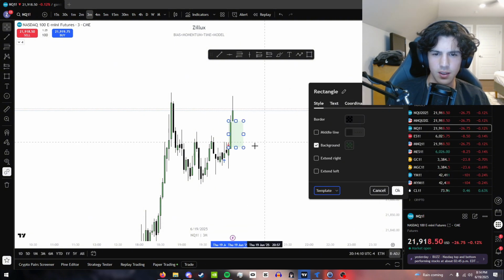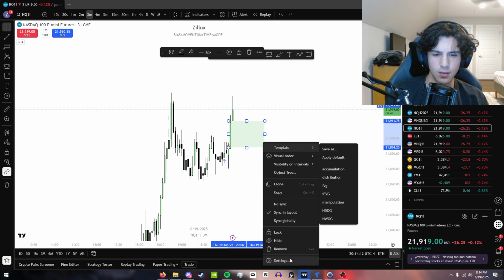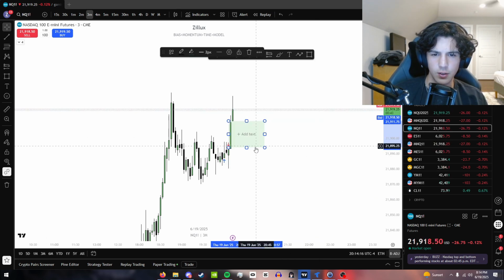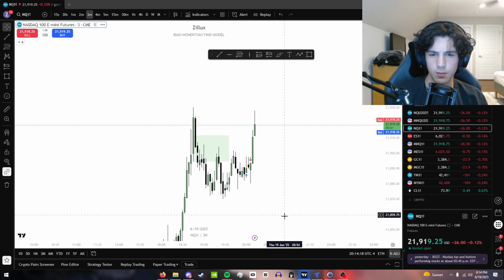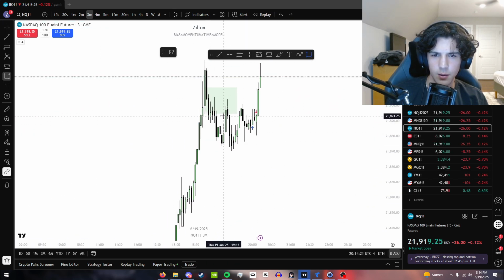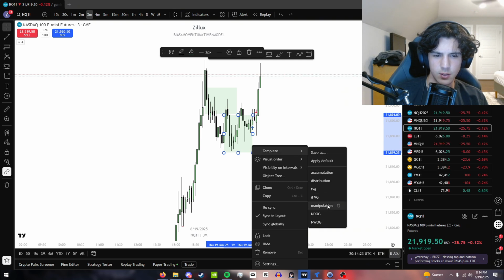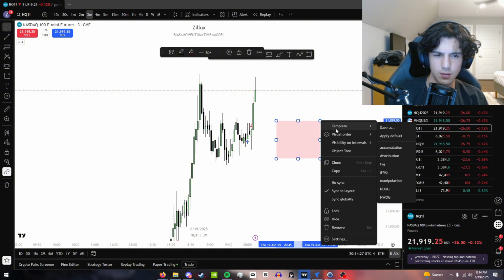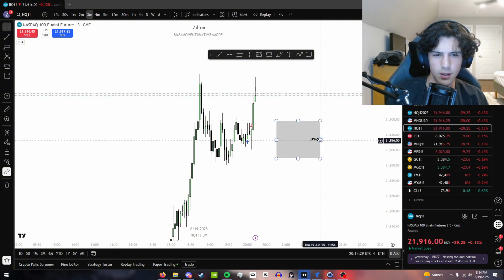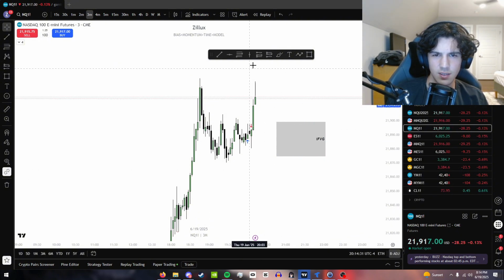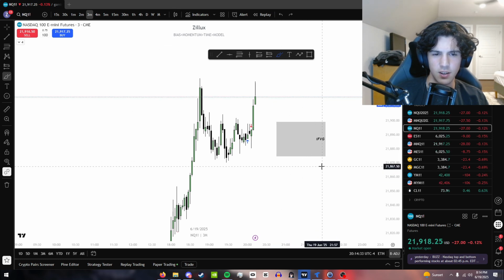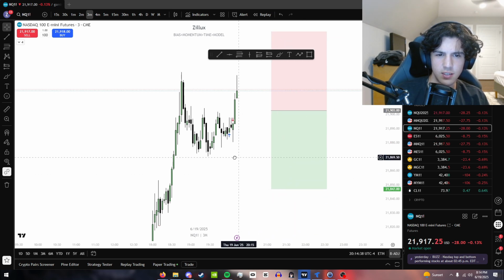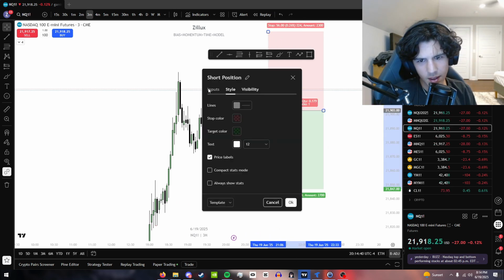This is kind of more the AMD stuff that I don't really use anymore, but it's nice for learning how AMD works. So like accumulation, manipulation, distribution, it marks out the levels just by doing that. The only one I really use recently is the IFEG one, basically just showing that an FEG got inverted. Besides that, the only other templates I use are for these long and short positions,